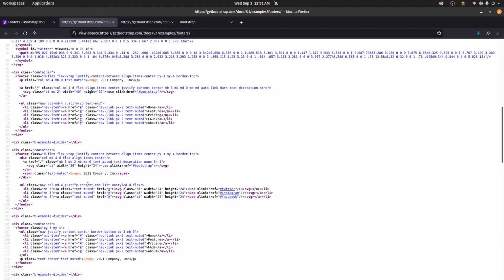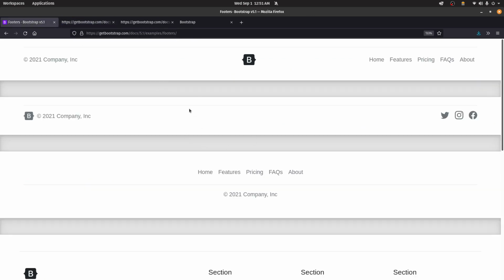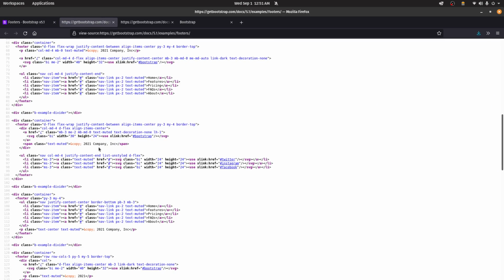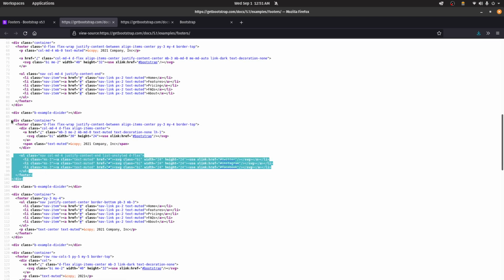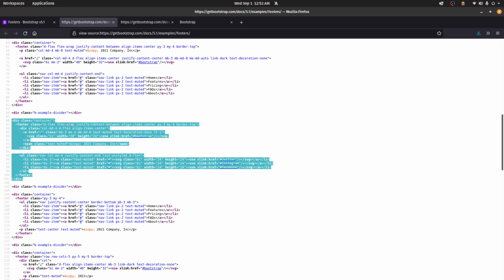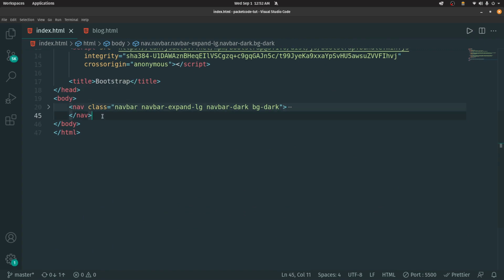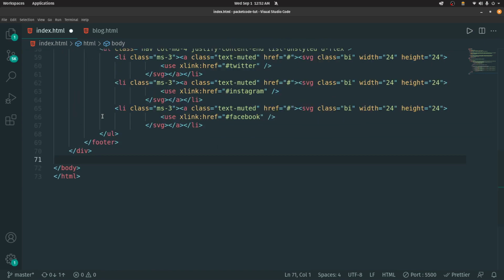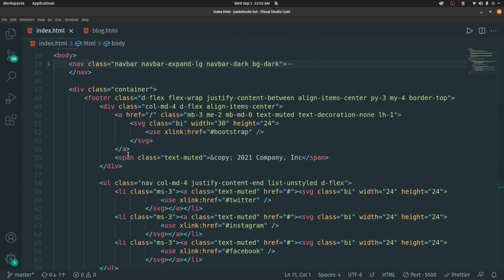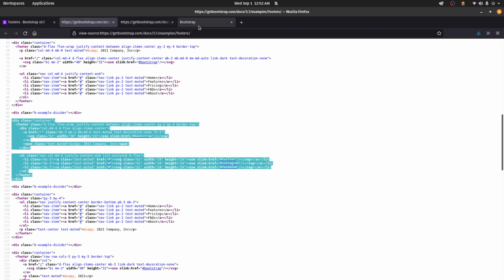You have to match this with this to understand what the code is. In this case, you have 3 icons: Twitter, Insta, and Facebook. If I go to the source code, as you can see here, we have a section which has these 3 things: Twitter, Instagram, and Facebook. That means this is the code for the second footer, right? So I can copy that and go back, minimize this navigation, and below this, let's place the footer. If I save that and go to the browser once again,